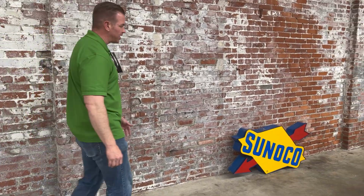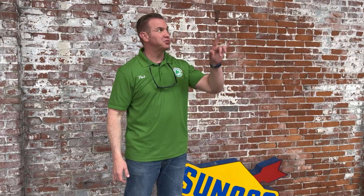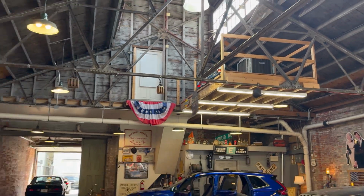And also I bought this Sunoco sign from Vince. This one he picked, it's plug-in, it lights up. Fred, the previous owner of this dealership, had two of them up there on the rafters where the air conditioning units are. And I said to myself, I really love those signs, and someday I'll buy one and put it up there. I had our electrician put in an outlet, so I have another outlet up there that is not being used that we're going to use for this sign. So we're going to have Dave and Robbie with their ladder put it up there,